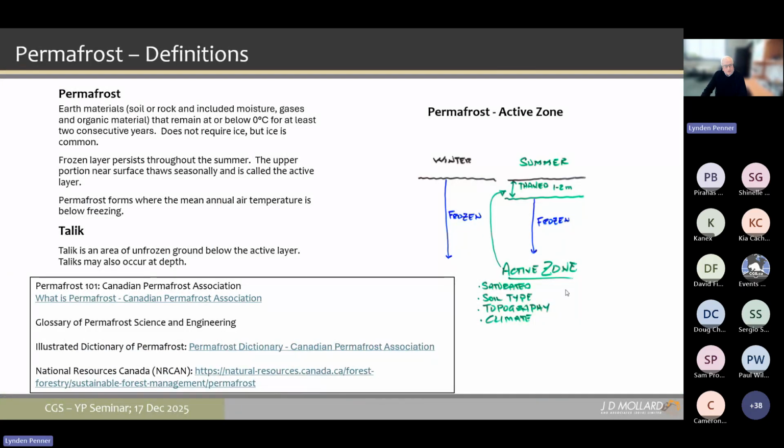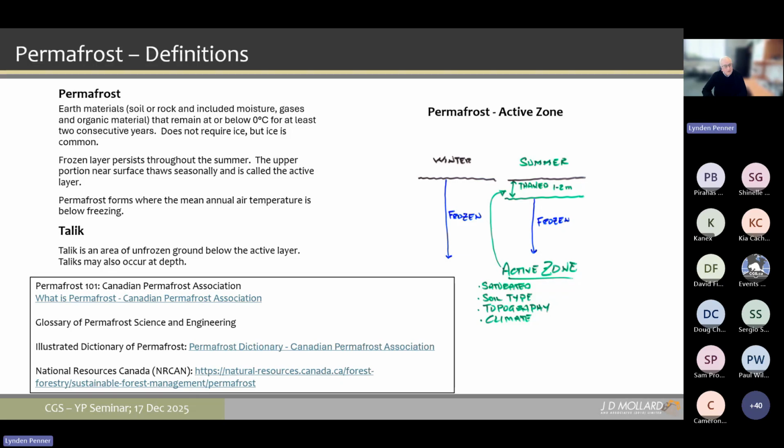So in terms of definitions, permafrost is earth material, soil, and rock, which includes the moisture, gases, and organic material within those materials, that remain at or below 0 degrees C for at least 2 consecutive years. And so to confirm the presence of permafrost, you need to confirm that it stays continuously frozen for 2 consecutive years. It does not require ice. It's based on temperature,